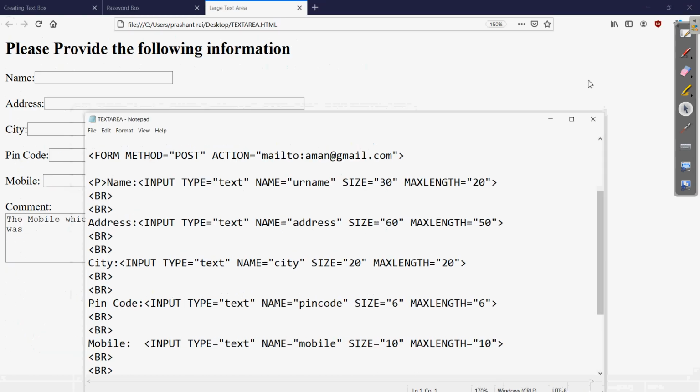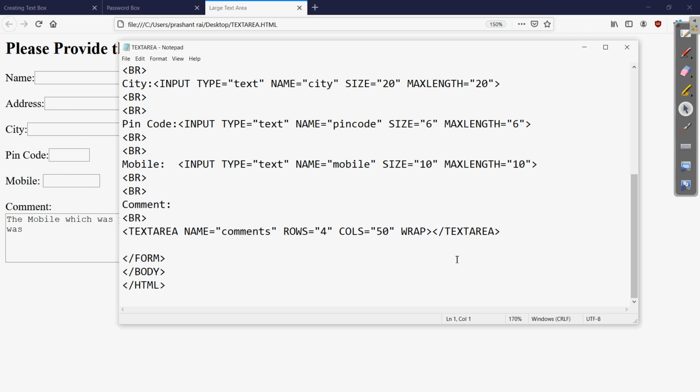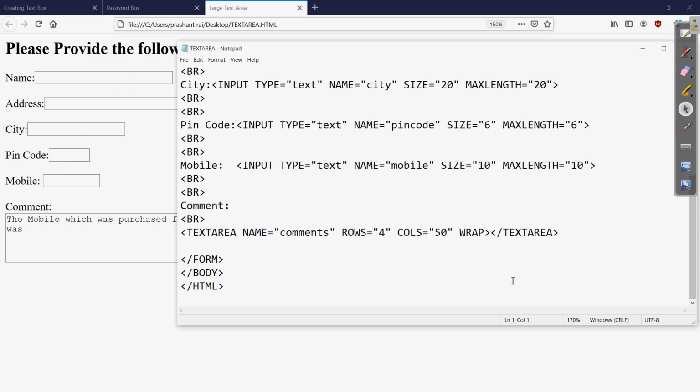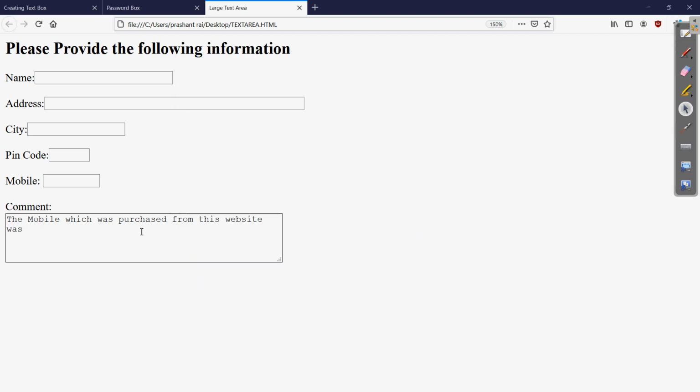Here you can see that we have written the attribute wrap. So whatever information you write in this text area, the text will automatically be wrapped and continued in the next line. Clear? Whatever feedback or comment you want to write can be written.